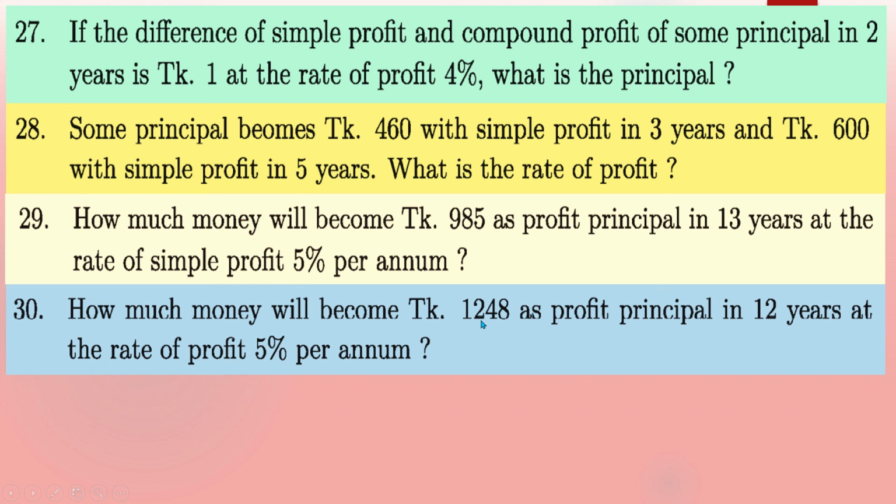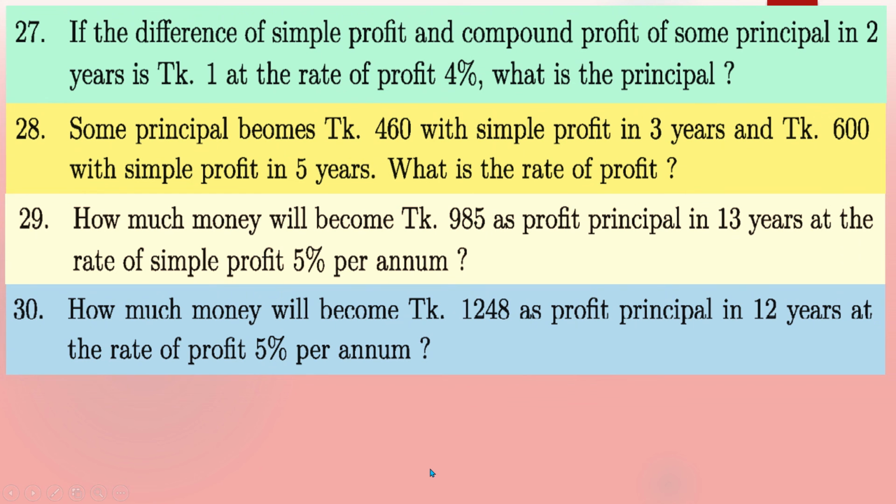Profit principal we can normally denote as capital A. Capital A is equal to P plus I. Okay, P is equal to what? P is equal to principal. I is equal to, we can write, PNR. Here we have to find the principal. We have to find the principal, meaning we have to find the value of P.